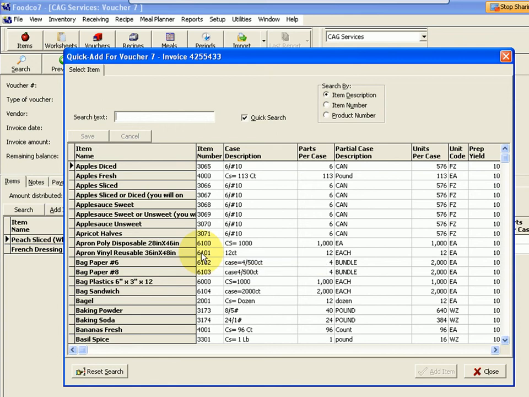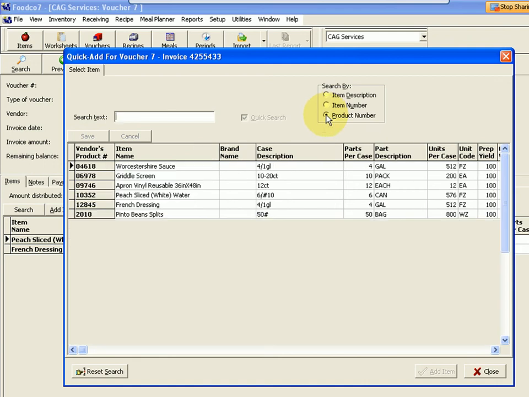Once you've done a truck or two and you've got the majority of your items ordered that you've already paid once or twice, if you go to product number on the search by, it'll actually only list the products that you have assigned to that vendor. So then you just type in the product number off the invoice and it pulls it right up. In most cases, the product case size and everything is going to match automatically because you verified it the last time. And then it's just a matter of entering in how many cases and what the price is and